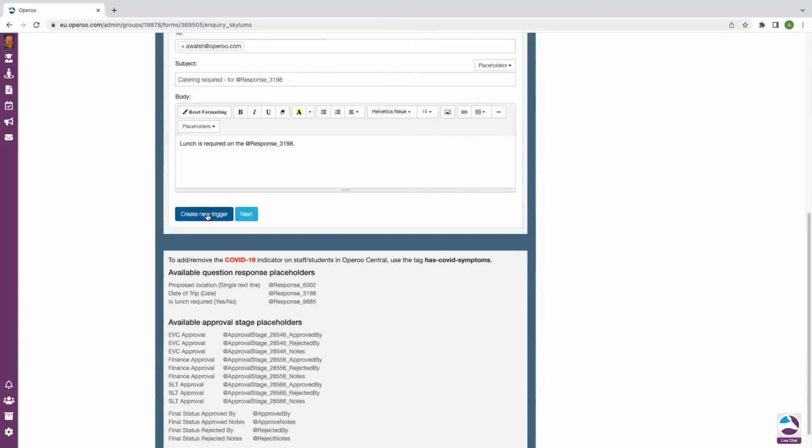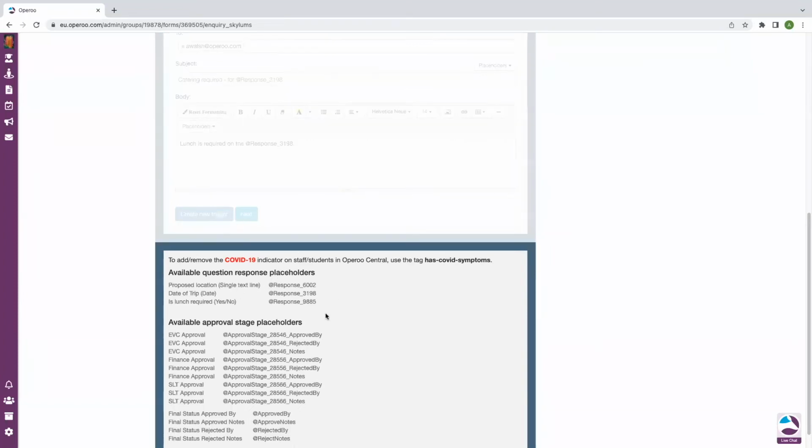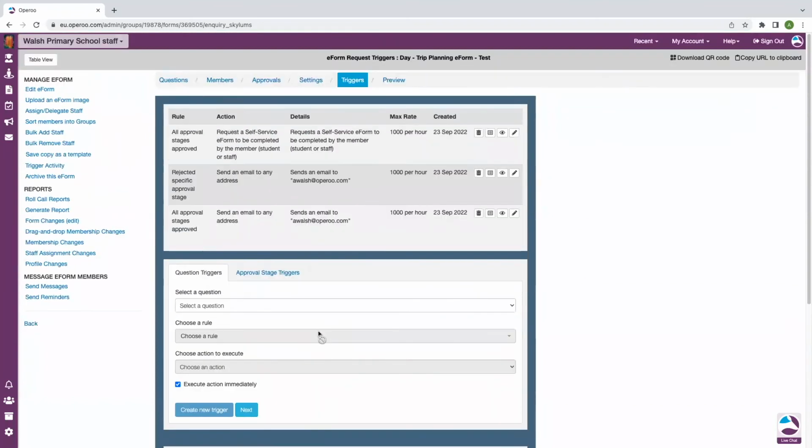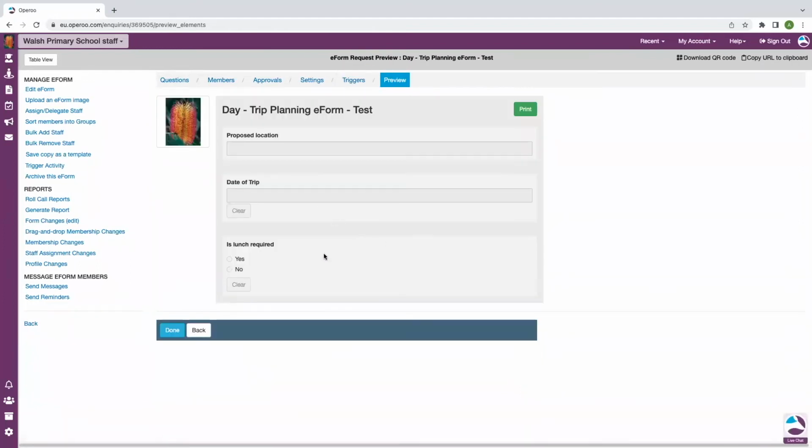Just a simple one, just to show you another example, clicking create new trigger. So I now have my 3 triggers. That's done. They're all the 3 that I wanted to create as an example today. And finally, preview just shows you what the form looks like. Now from here, if you want to make any changes, jump back into any of the specific sections, make your change and click save. What I'm going to do now is I'm going to jump over to my staff profile